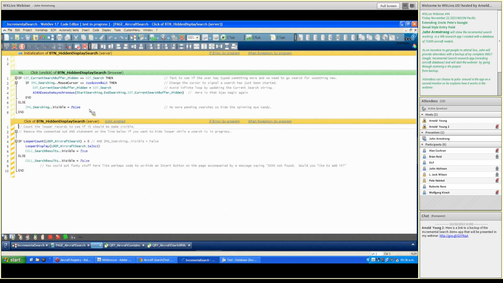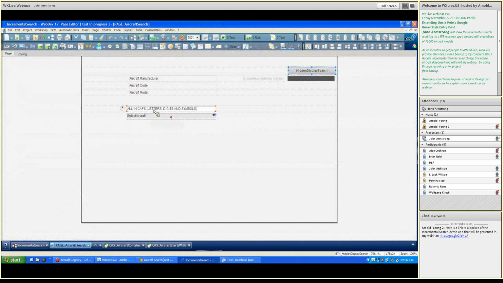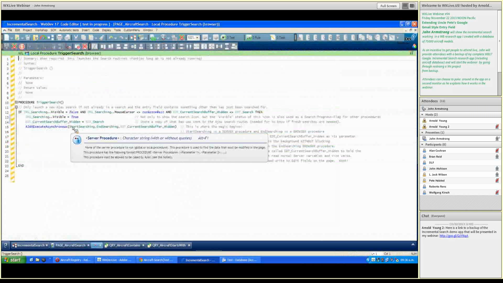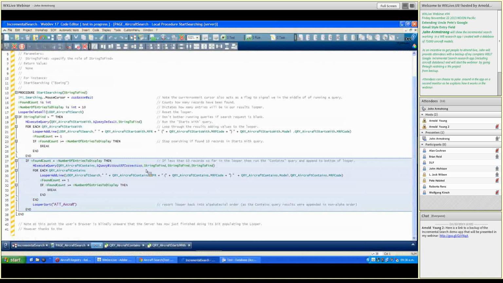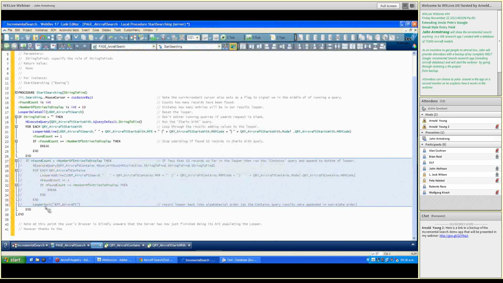Now, it's interesting, you can change around the type of searching you can do. If we look at our search here, we'll just quickly dive into the start searching procedure. If we comment out this section, which is doing the contain searching, it'll speed up things quite significantly, because now we're no longer doing a contained. It'll only be starts with that runs and fills up our little